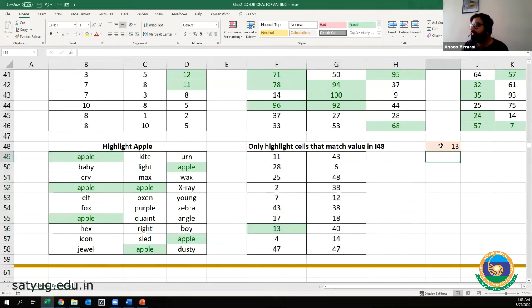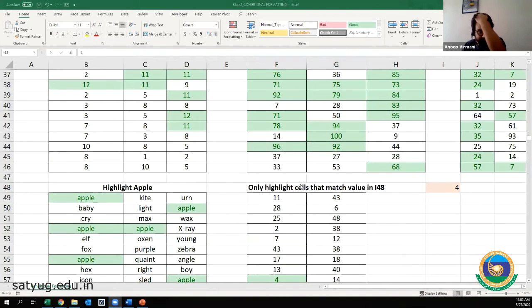Now if you change the value here, like 12, the 12 will be highlighted. Or if you change it to 4, 4 will be highlighted. So this is how the reference would work for conditional formatting, which is an external reference.